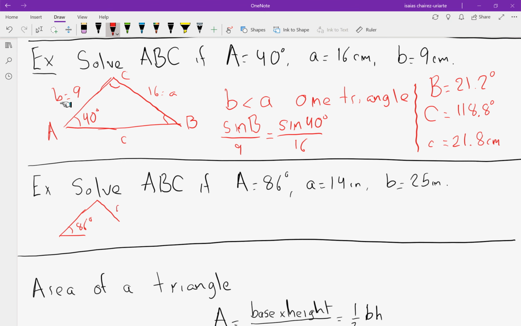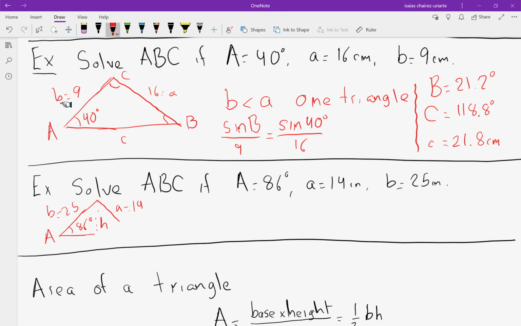I have that this is 14, the side opposite. And I know they told me that B is 25 inches. Okay, I gotta compute height here, h. And if you compute the height h in this particular example,